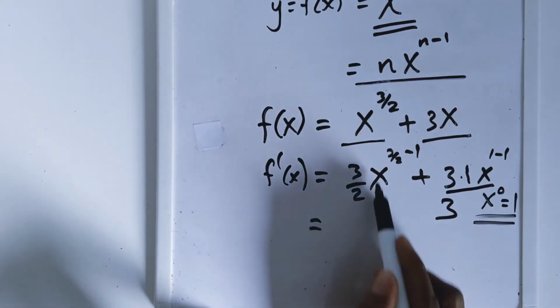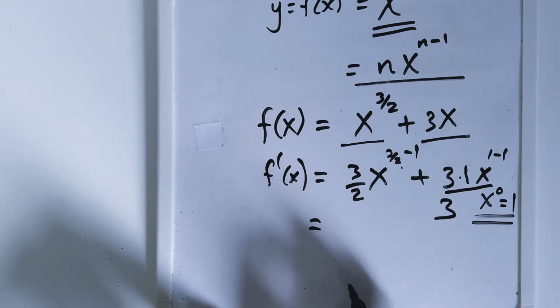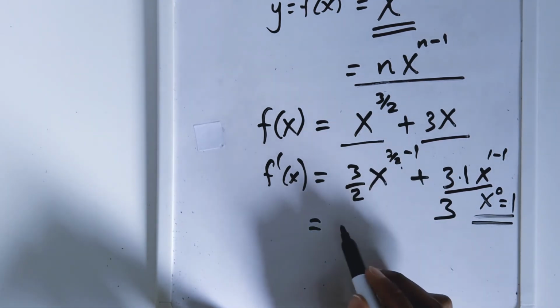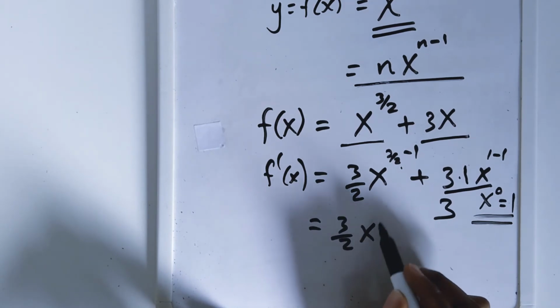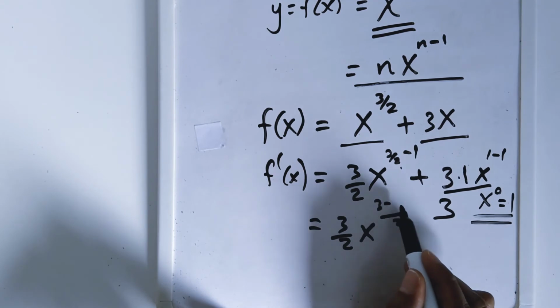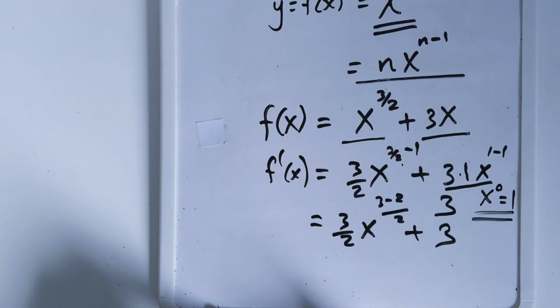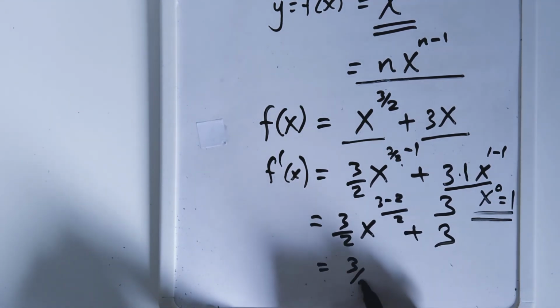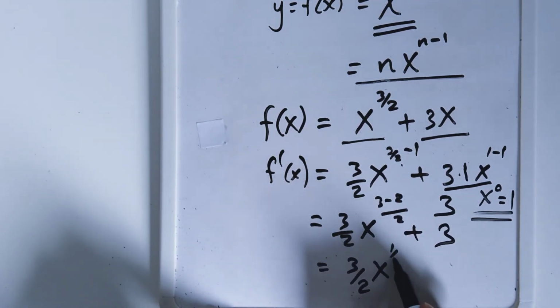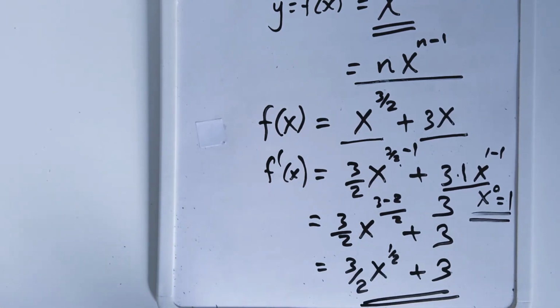But how about this case? When you reduce 3 over 2 by 1, what do you get? So you have to find a common denominator. 3 over 2 times x. The common denominator is 2. 3 minus 2, that is a half. Okay, so plus 3. So here you will have 3 over 2 x to the power of a half plus 3. That is your final answer for this derivative problem. Okay,